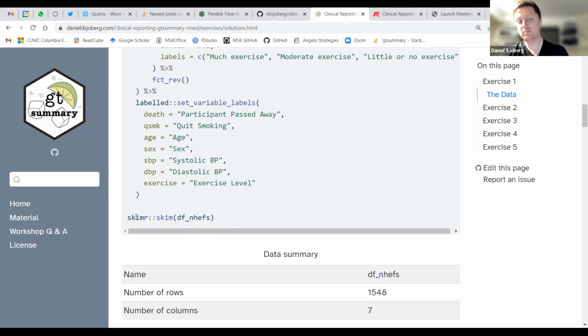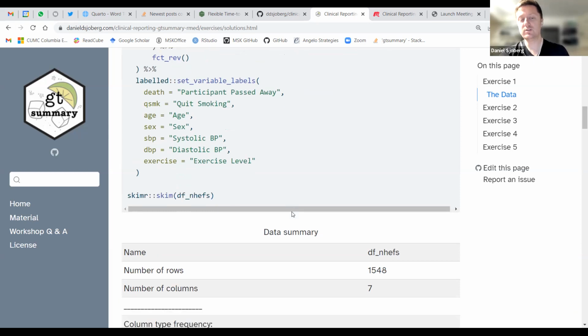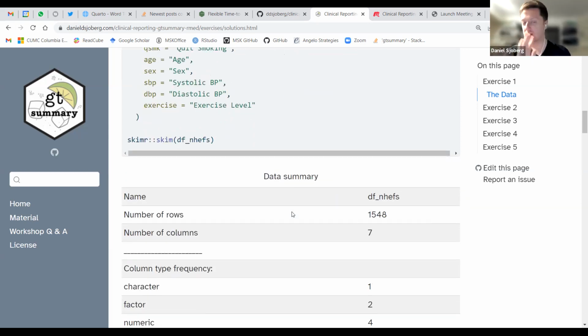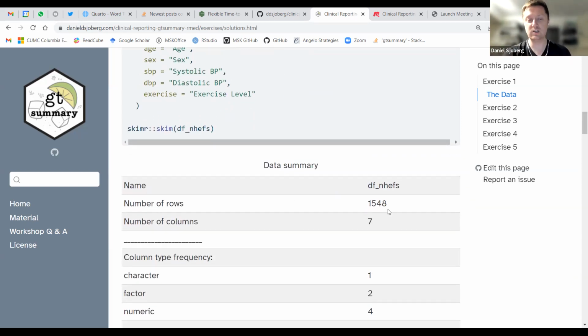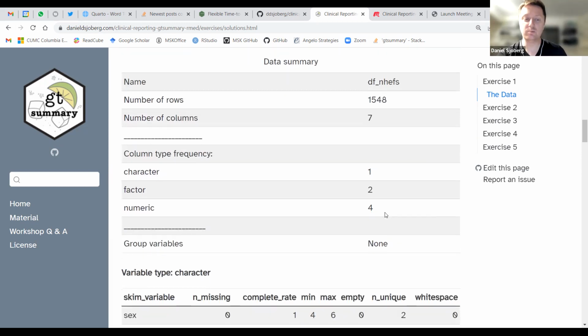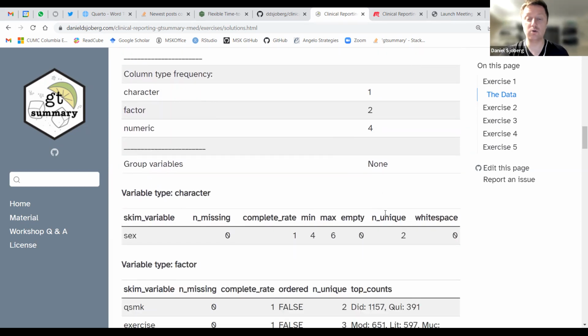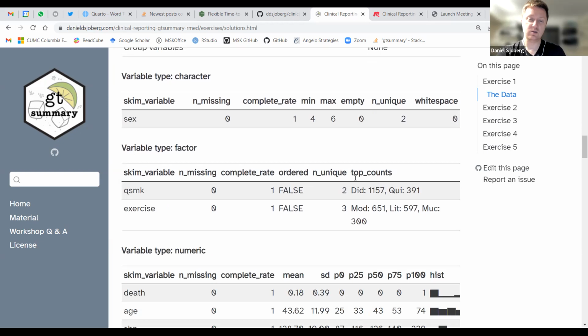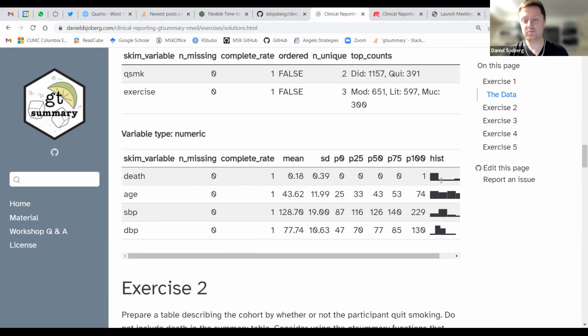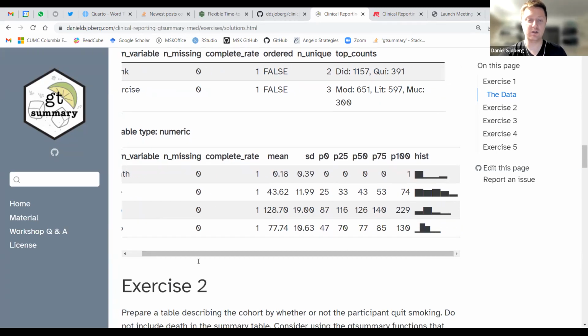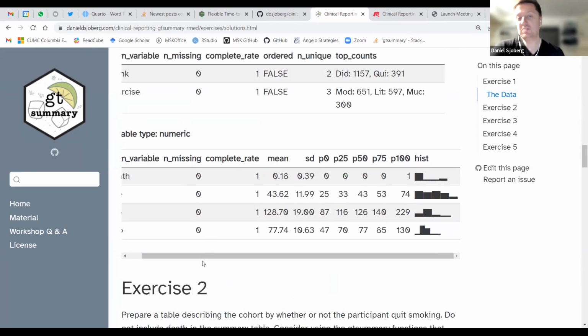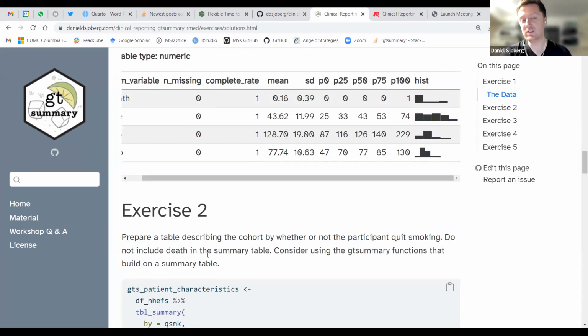Do a quick skim of the results. I love skimr for giving a super quick overview of your data. Not something you would publish in a journal, but super helpful as a programmer. You get your numeric variables down here, with a cute little sparkline histogram. So that was the entire exercise 1: just to import the data and give it labels.